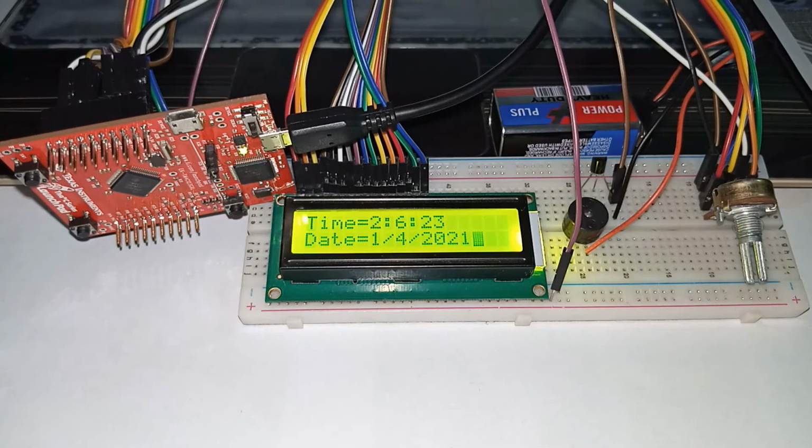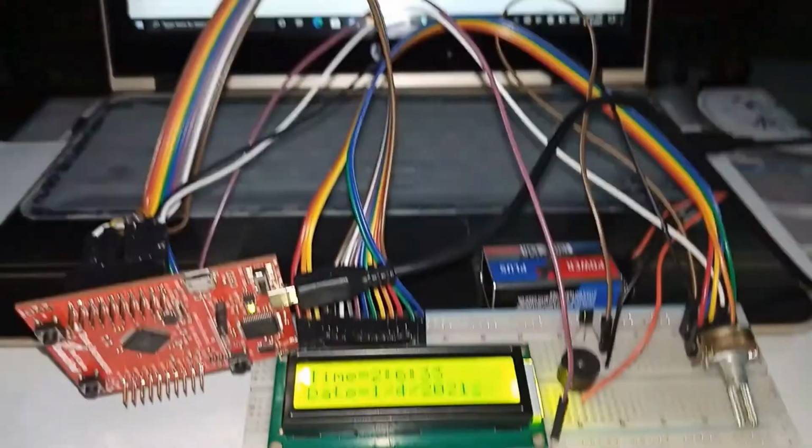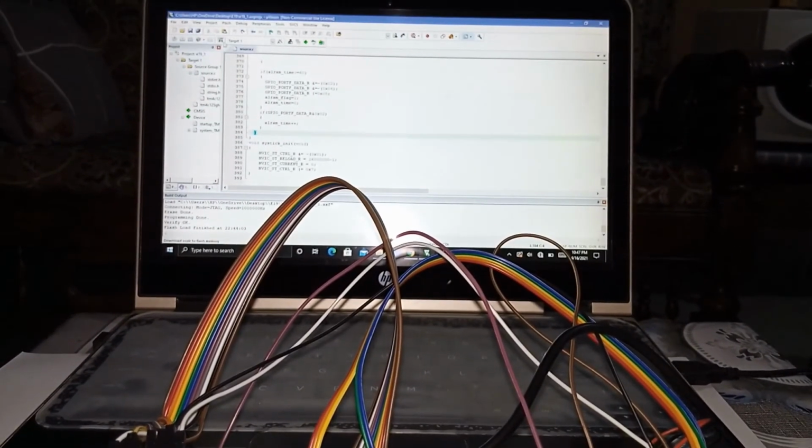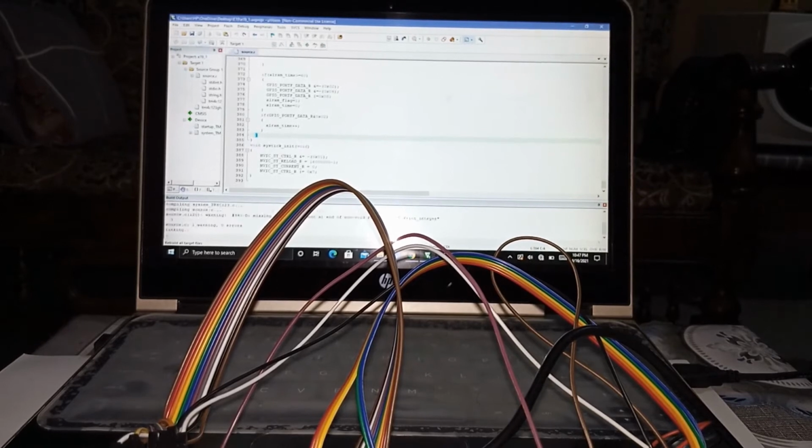Now moving toward the working of our project, you can see our LCD, our project is working already. I will go to the program section, rebuild my code and reload it to the microcontroller.